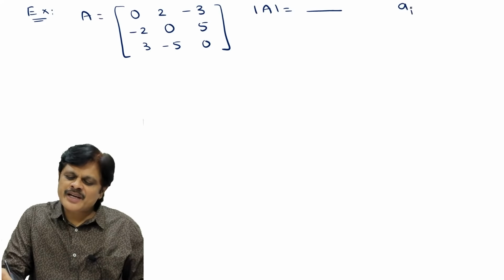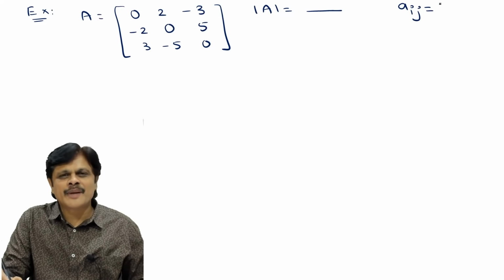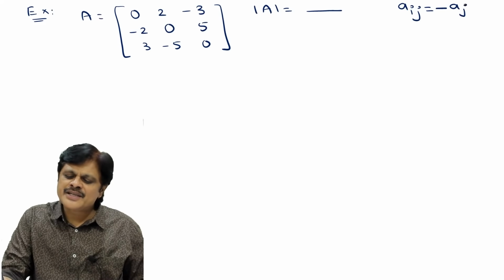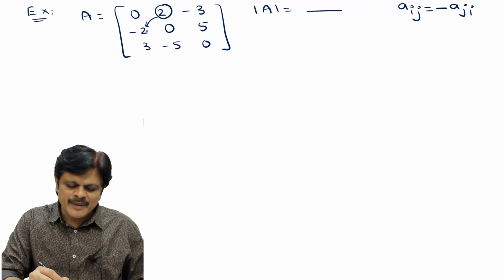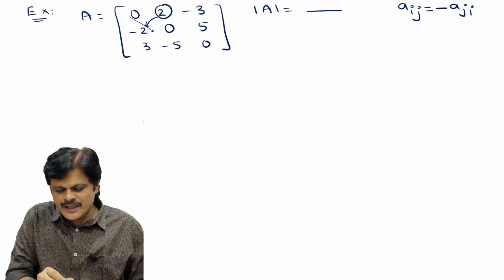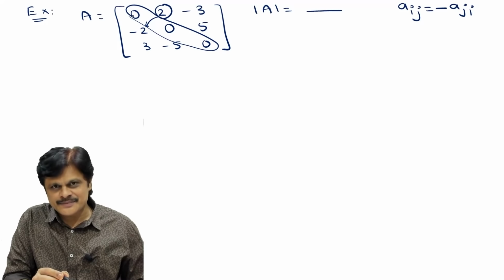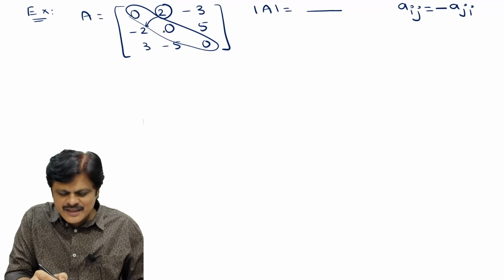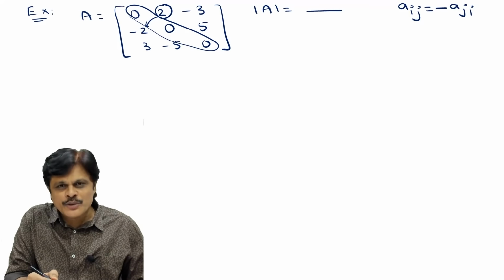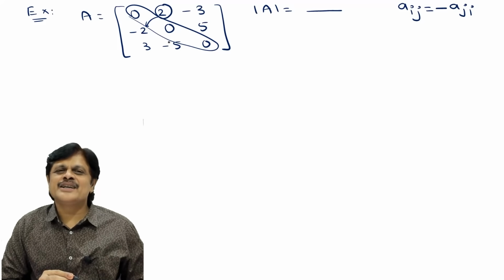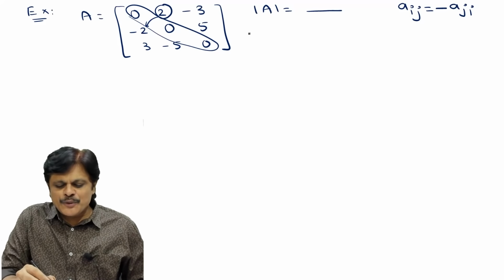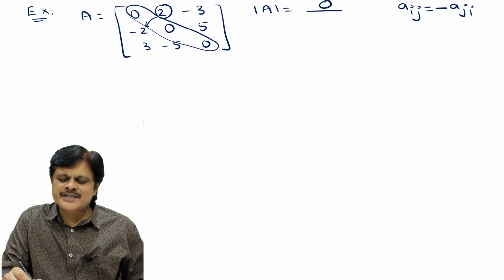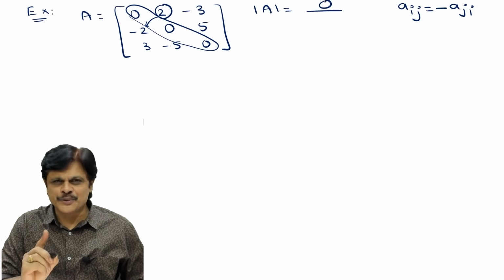So the condition for a skew symmetric matrix is that the ith row jth column element is equal to minus the jth row ith column element. So whatever element you are having, the same element will be here with the opposite sign. If you take the main diagonal as a mirror, these two elements, that is the images, have opposite sign. That is a simple way of looking at a skew symmetric matrix. Generally, what people do, they say the skew symmetric matrix determinant is 0. This is the biggest blunder which they do. But please remember, that is not the property.